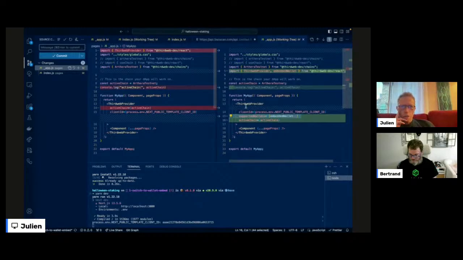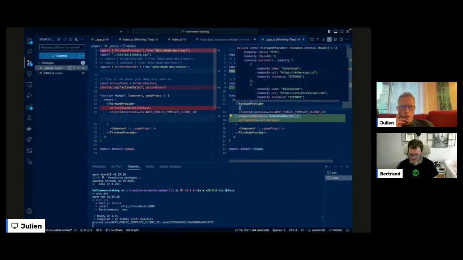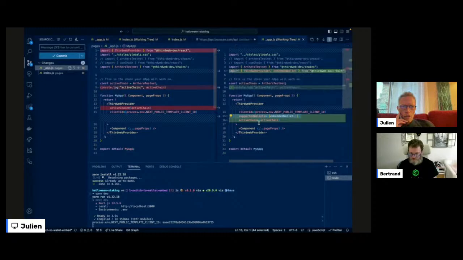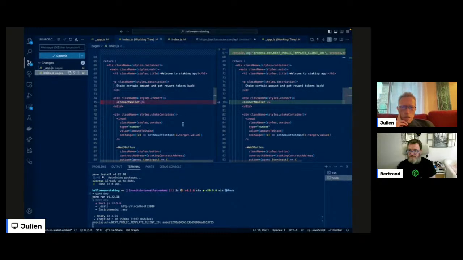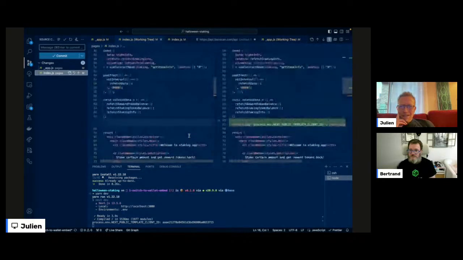So within the Thirdweb provider tag, you can add this supported wallet, and yeah, so we actually can use the embedded wallet. So that's in the underscore app.js page, and then in the index page,